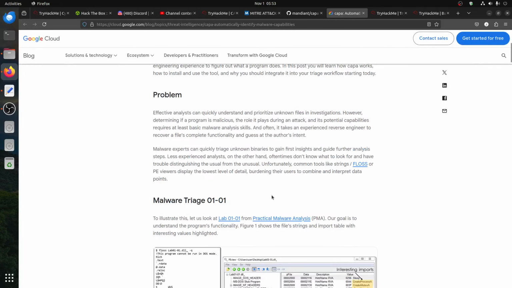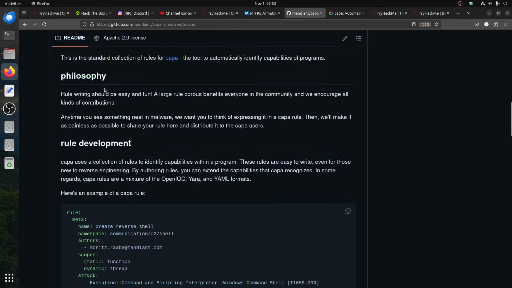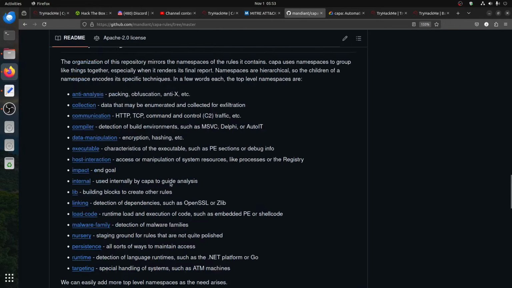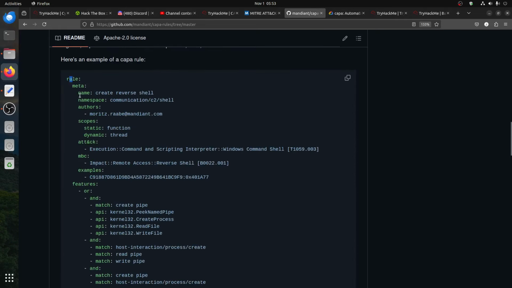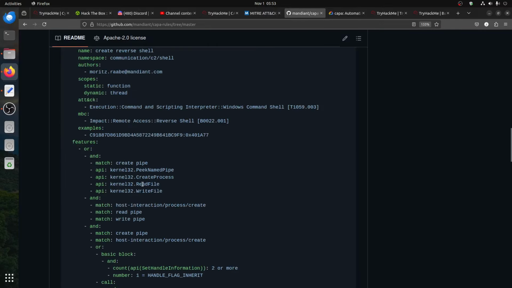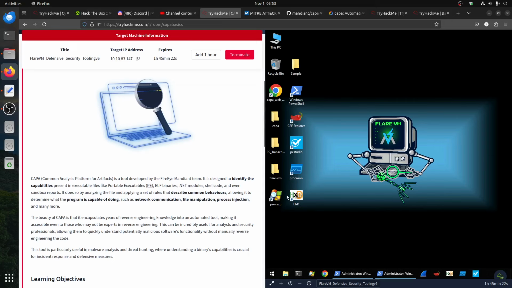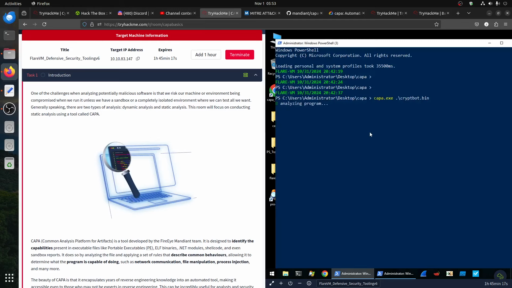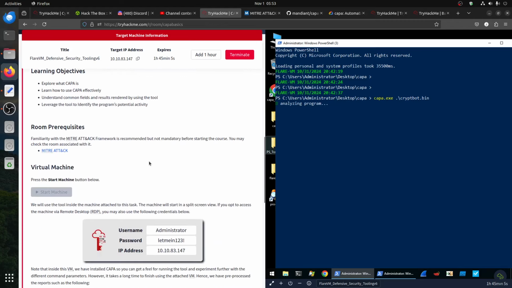There are a lot of articles if you want to read about it. There is a repo here in Mandiant, developed by Google. If you look at what CAPA does, usually it has this type of rule. We'll check now how it can detect. In this room, of course, they give us a PowerShell, and I already started one. It takes time for CAPA to analyze. For example, we have this binary to check what it can do. Of course, in the TryHackMe room,